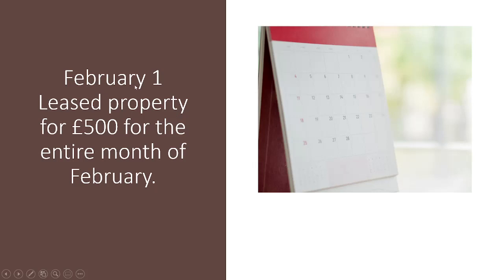So on February 1st, the founder then leased property for £500 for the entire month of February. So what we need to do now is that obviously we're going to debit rent expense, and we're going to credit cash because he leased something. It was money going out, right? So the rent expense 500, cash credit,